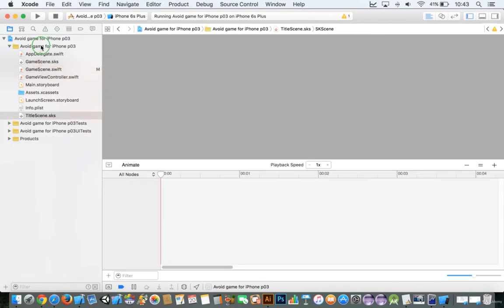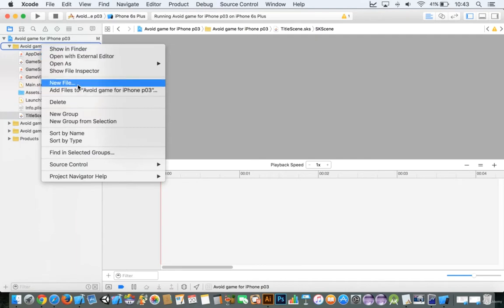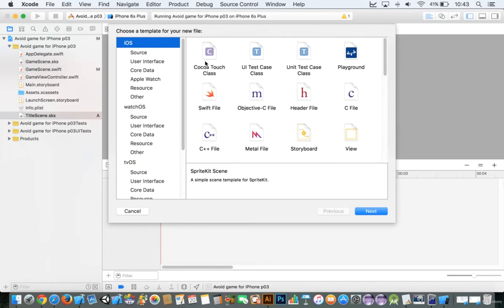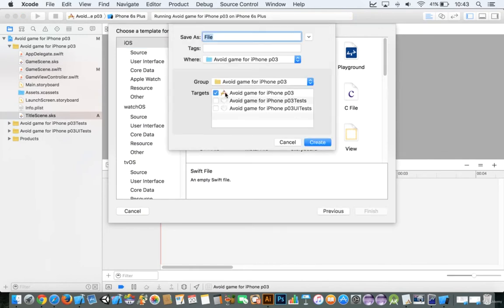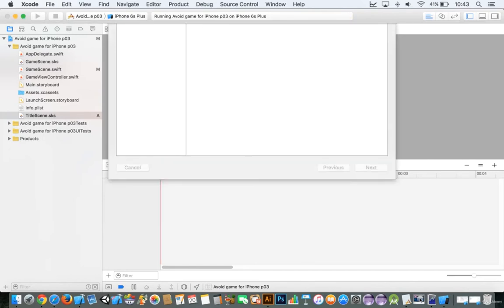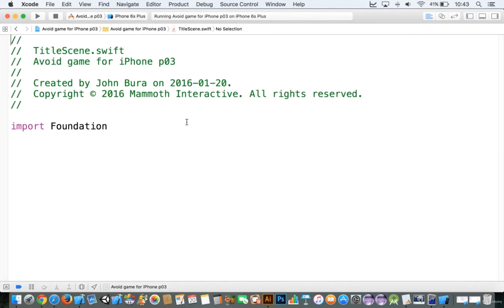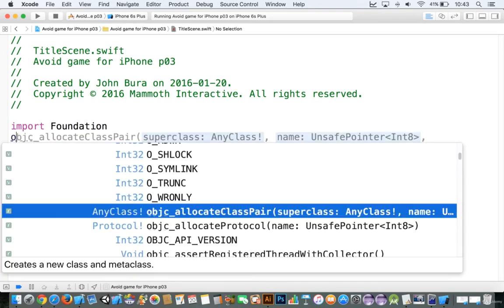All right, so again, you need two files. Go to new file here, then go to iOS, and add in a Swift file. We'll say TitleScene. Now, in order to make this work, we need to essentially create a title scene from scratch. So we can close that up here, and we'll say import